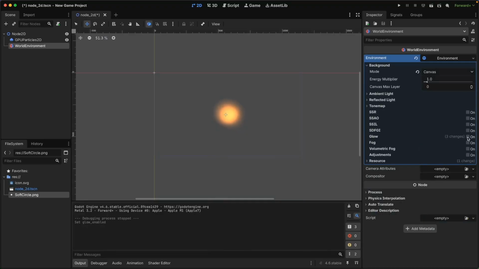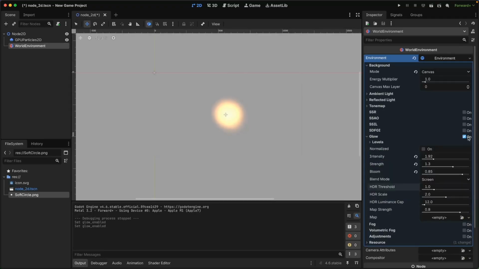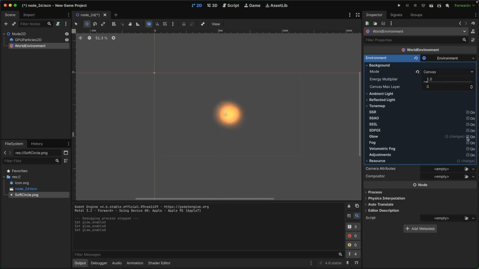And that's it. To make glow work in any 2D Godot scene, just enable glow and set the environment background